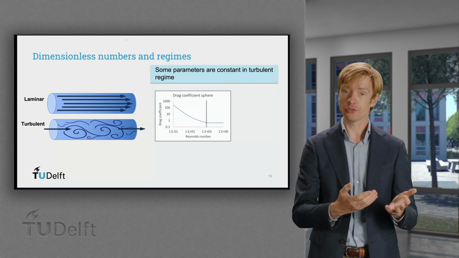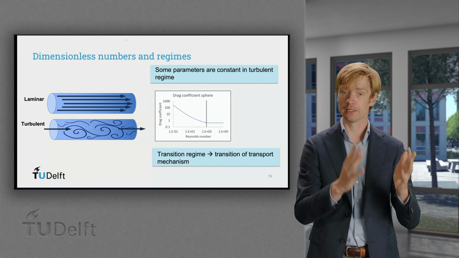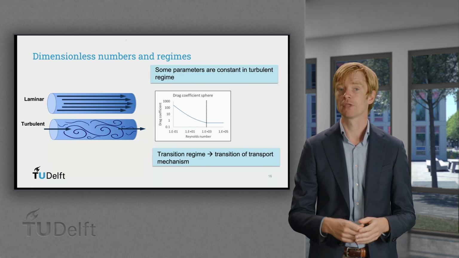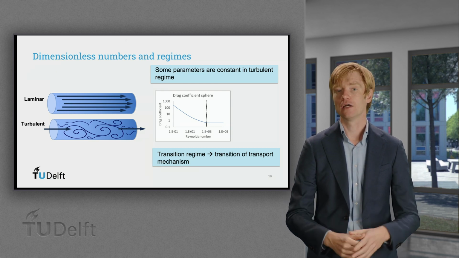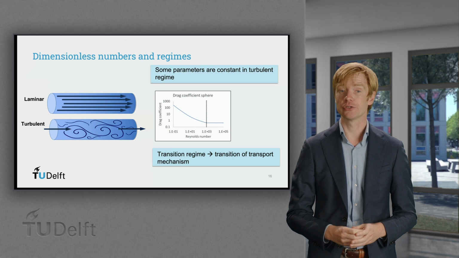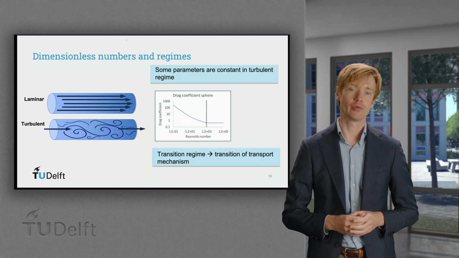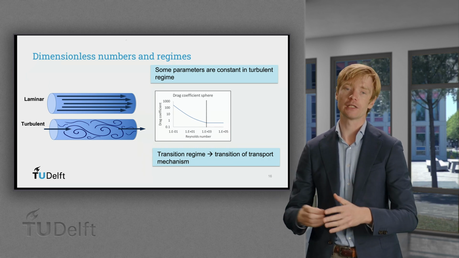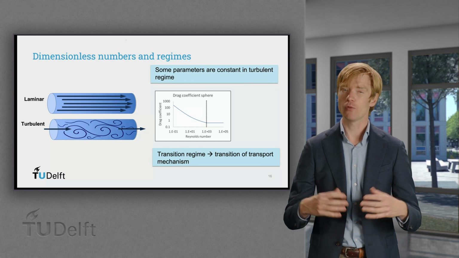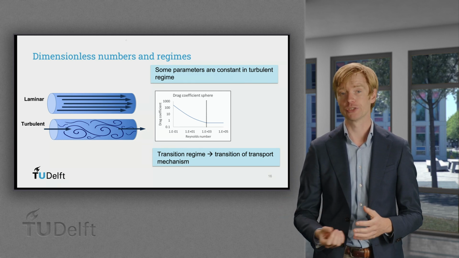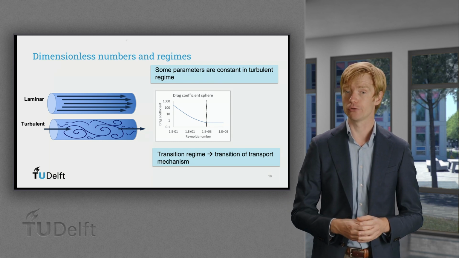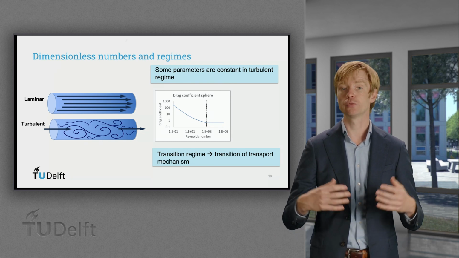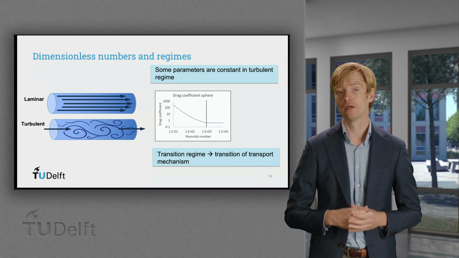Transitioning to another regime means a transition in the dominant transport mechanism, which is to be avoided when we're conducting scaling exercises. Dimensionless numbers can hence tell you which scaling parameters should be matched exactly, which should at least be maintained in the same regime, and which physical phenomena are non-influential and can be ignored upon scaling, at least to a degree where we do not observe a regime change which would change their relevance.